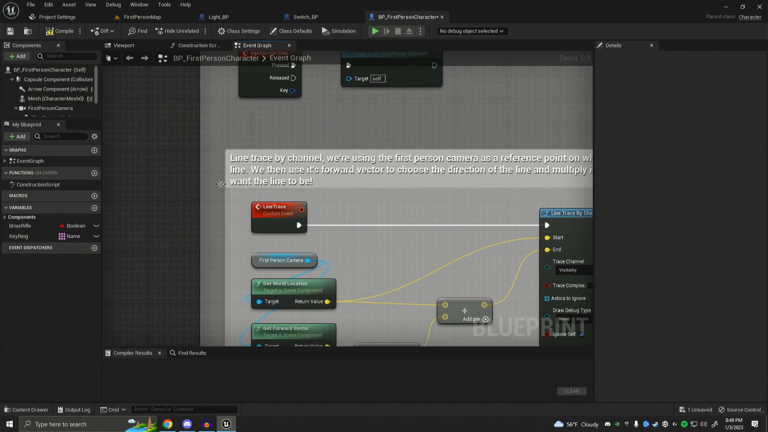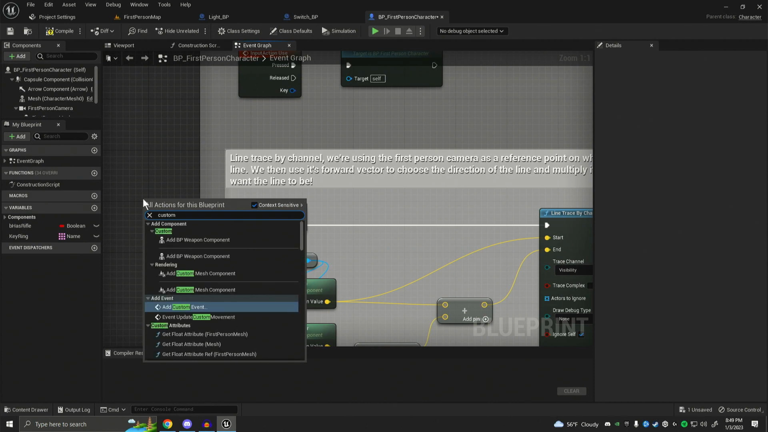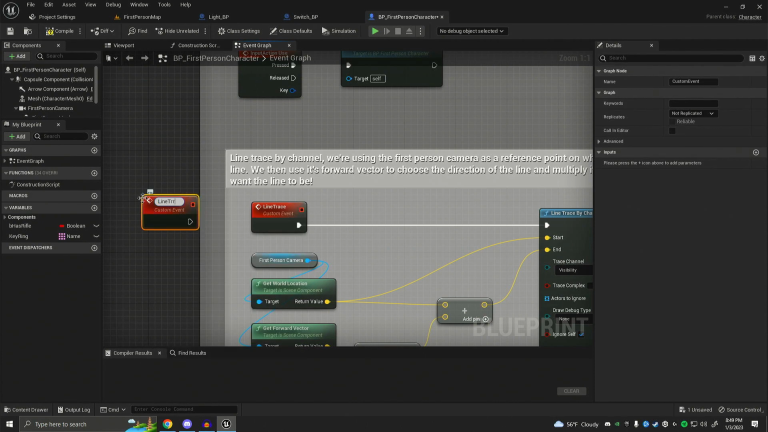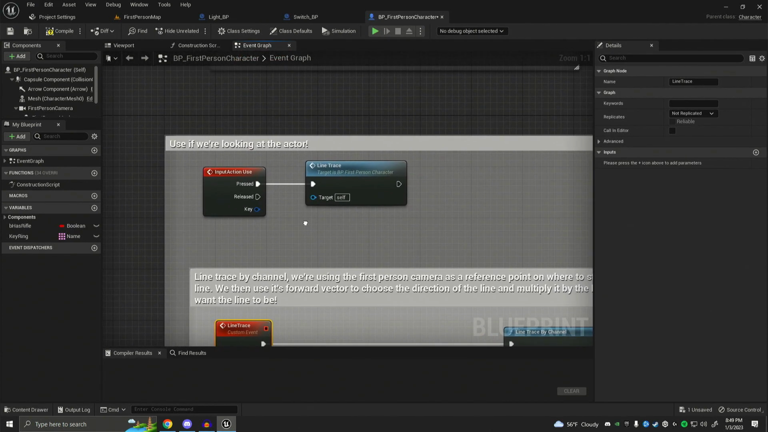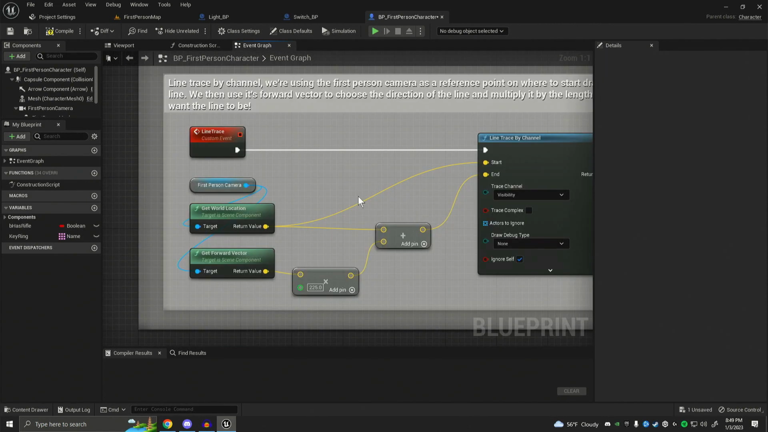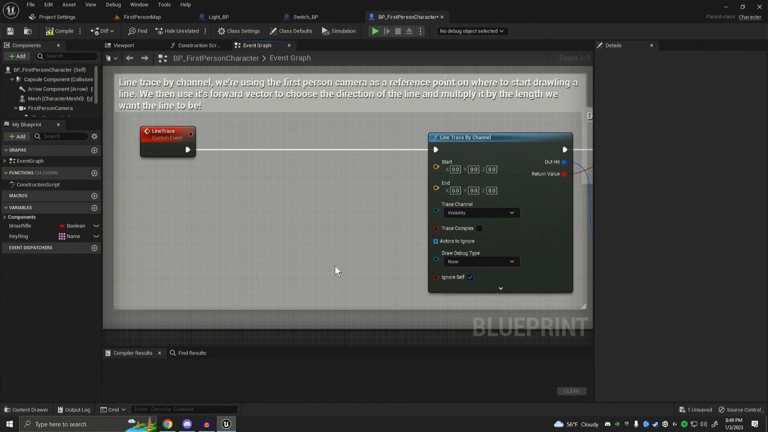So what you need to do is right click, create a custom event, and call it line trace. Obviously, I already have mine here, but this is how you get access to the line trace event. After you create the custom event line trace, make sure you plug in your input action use into the line trace. For the sake of the tutorial, I'm going to delete this and re-add it so you can see what's happening. The first thing you want to do is pull out of line trace